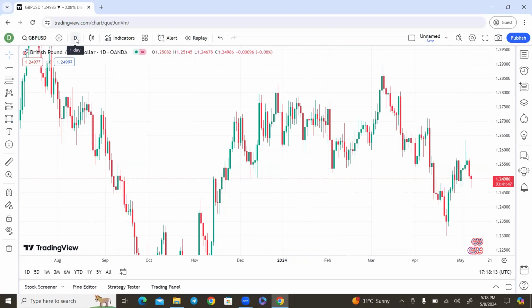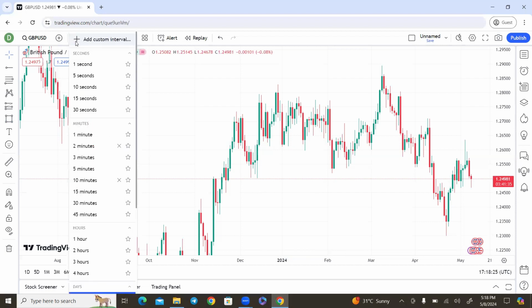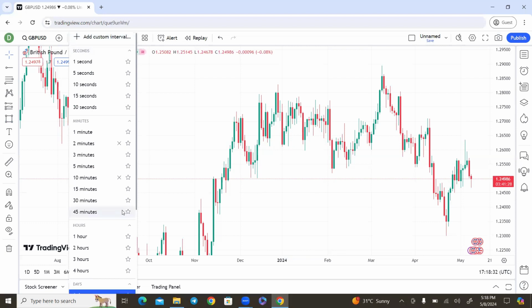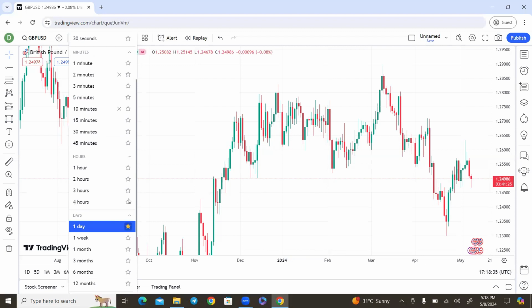Now, you come to the top right corner or where the menu bar is. You click on the D symbol here. Now, this D symbol represents the time frames. You click on it, and with our style of trading, we need only 5 time frames. Okay, so the first one is the daily. Okay, the next one is the 4 hours. The next one is the 1 hour. The next one is 30 minutes, and the last one is what? 15 minutes. So all you need to do is just click on the star symbols for them to be added